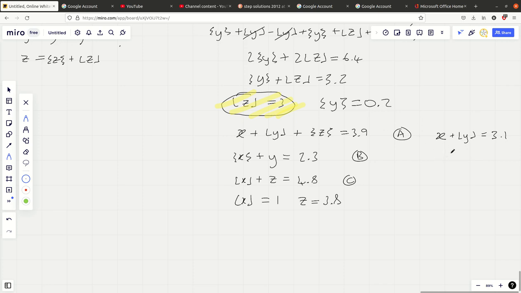What can we do next? Let's have a look. I'm looking at b. I'm just trying to tease out some of the answers now. We can't say here that this must be 0.3, because remember you're dealing with y there, not the integer part of y. We do know now that squiggle z is 0.8. We've got x plus,